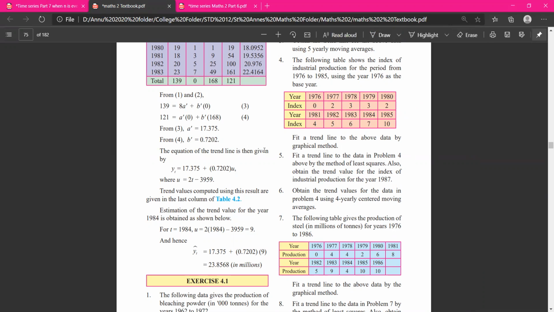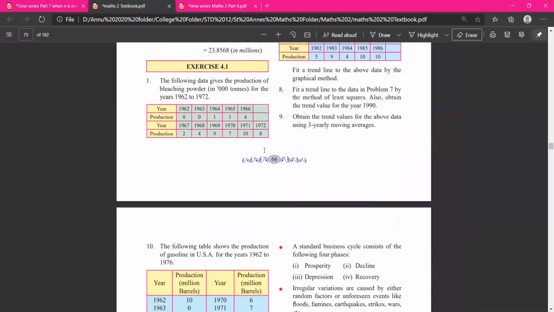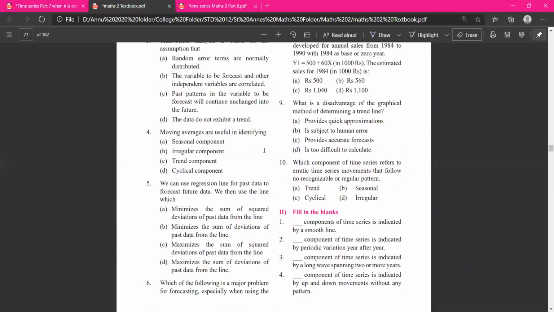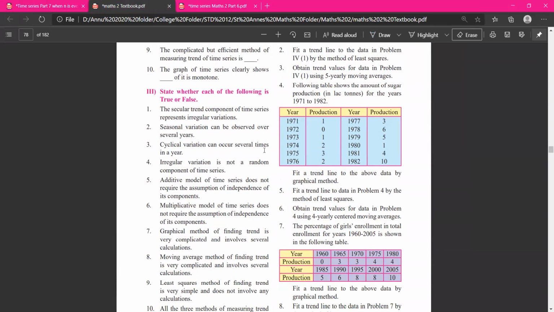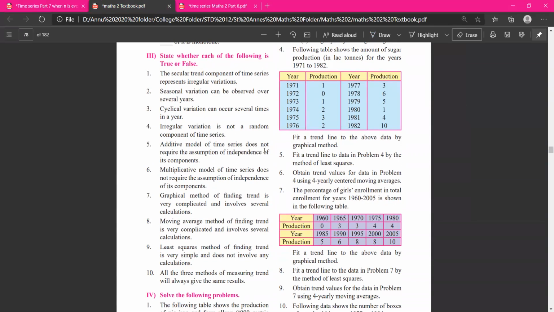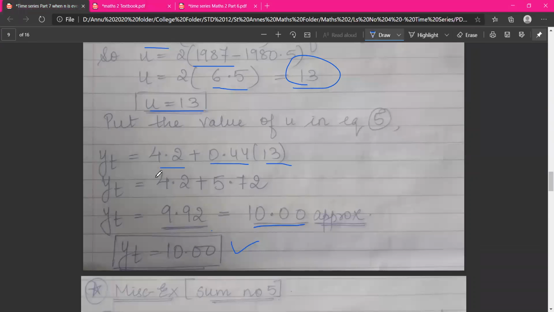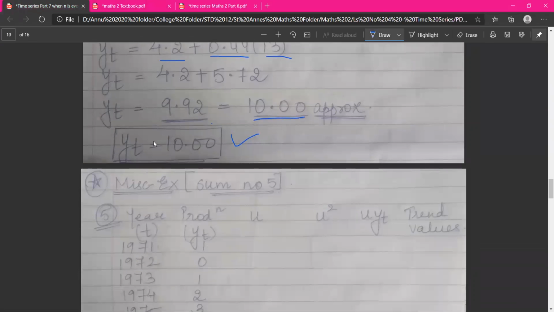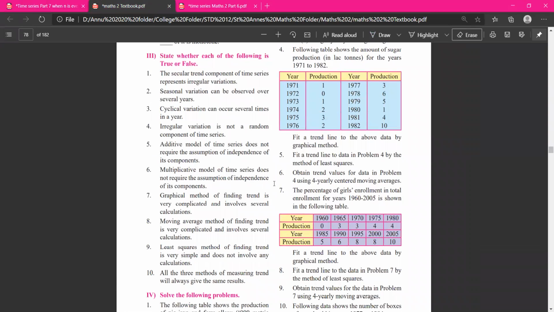But lecture is not yet over. Again, we are solving one more sum, and this time I am taking the sum from your miscellaneous exercise. Again, we will be solving a sum related to even values, where the number of years n is even. So from miscellaneous exercise also, I am picking up sum number 5 for you all, wherein again we are having an even number of years. Okay. So I am picking up miscellaneous का sum number 5. Pay attention once again. अगर कुछ भी problem आया आपको first sum में समझने के लिए, so pay attention when I am teaching you all the second one.